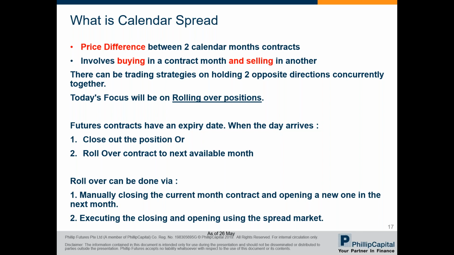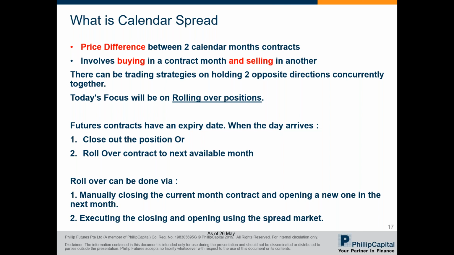If you do not do anything, the exchange will cash settle the contract based on the settlement price released by the exchange. Basically, close out your position. To do the rollover, simply close out your position first for the expiring contract month, and then open a new one in the next month. As your aim is just to avoid too big a price difference between these two contract months, it is advisable to do it during quiet trading hours such as Asian hours to avoid volatility in the market.